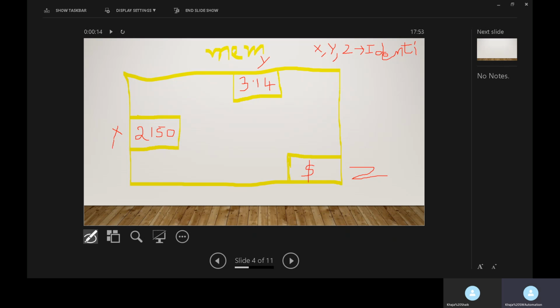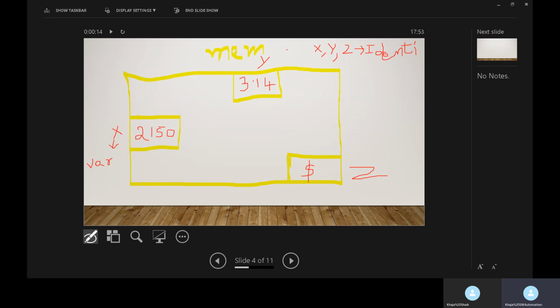So now this identifier is called a variable. A variable is an identifier whose value can be changed during the execution of the program.